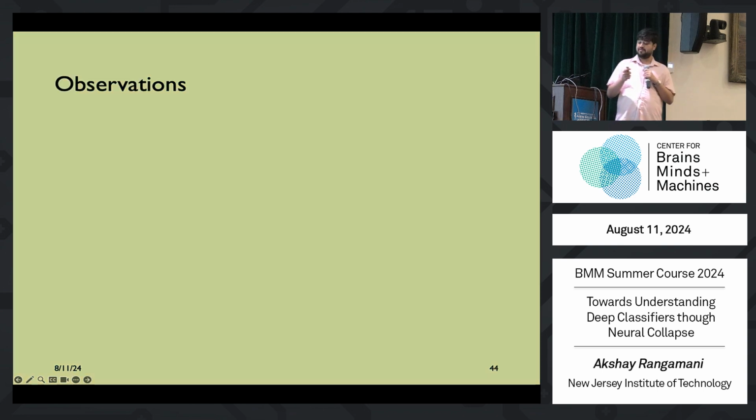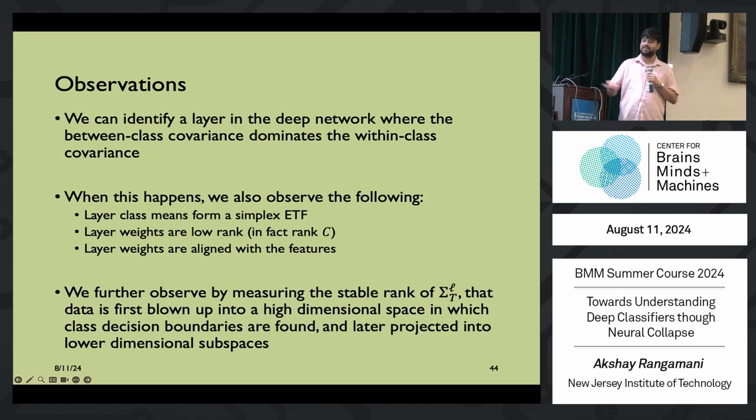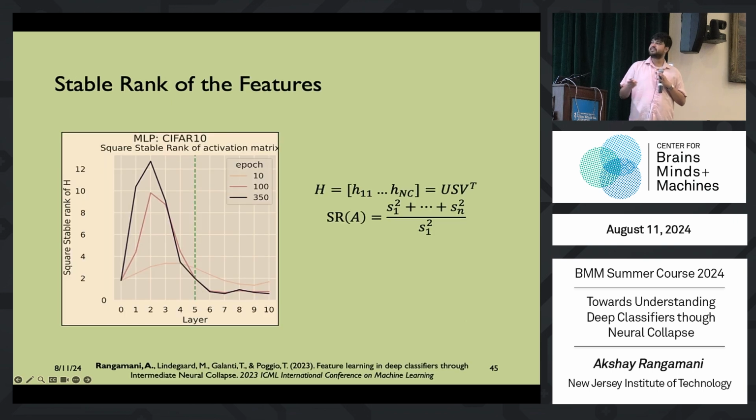And this is just collecting all of the observations that I was talking about. So we can identify a layer where your between-class covariance dominates the within-class covariance, and they form a simplex ETF. They're low rank. Weights are aligned with features, and if you track the stable rank of the features, so we take the feature matrix on the entire data set and compute the stable rank of that,